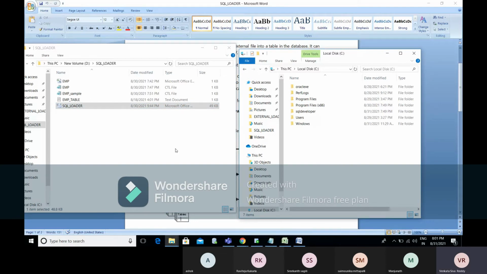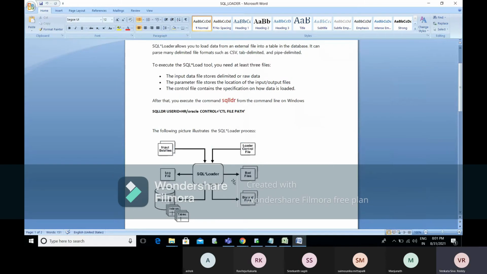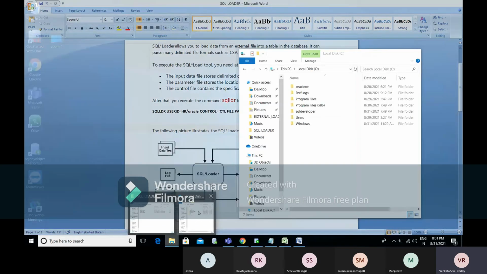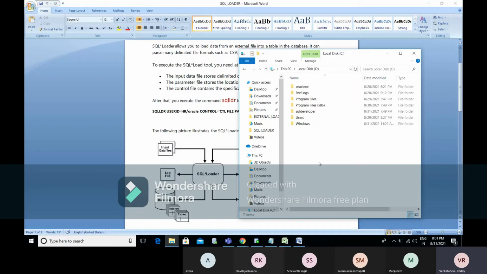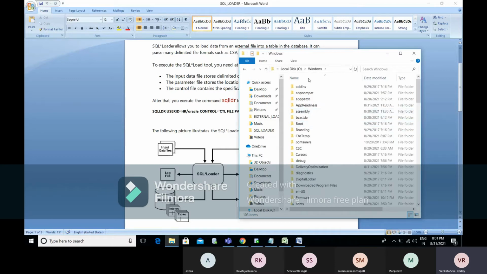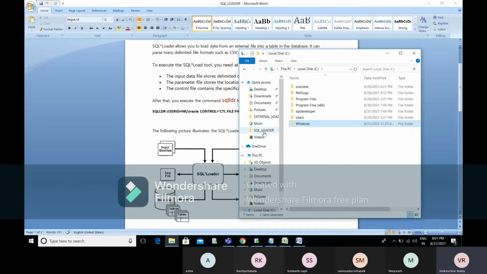Okay. After that, we will use our SQL loader process. Wherever you are pulling the data from the client server to our server, you will maintain some folder. So we need some directory for the loading process. Suppose it is SQL loader, so I am using the SQL loader concept. I mentioned the directory as SQL underscore loader, and I am putting the file in this place. Okay, this is called the directory for input or output files.